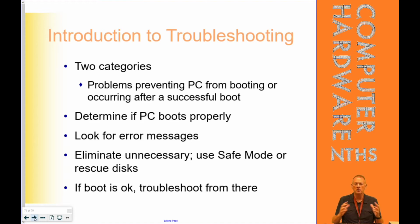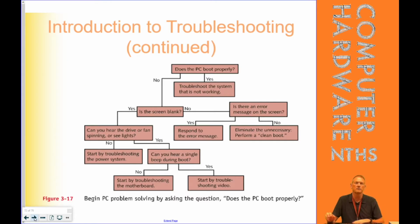If I unplug those things and then all of a sudden the computer turns on, there's a good chance that it's just underpowering that system, and it indicates I immediately need to put in a new power supply in order to get it up to snuff. Now this is a power supply troubleshooting chart,